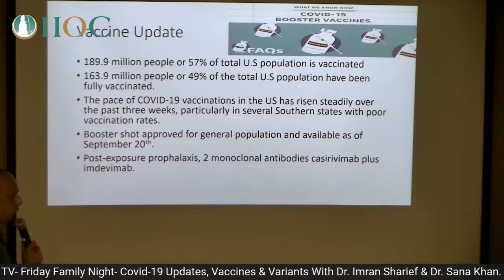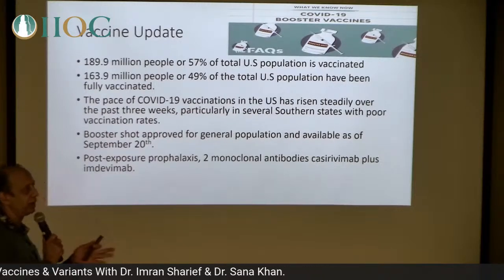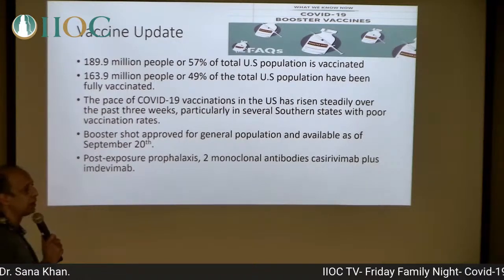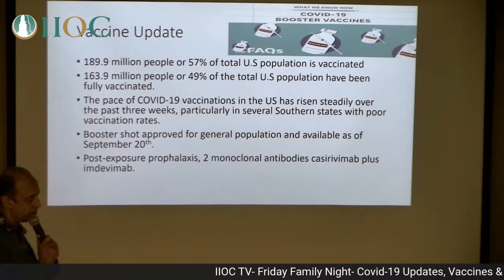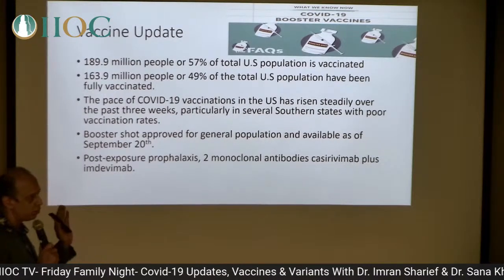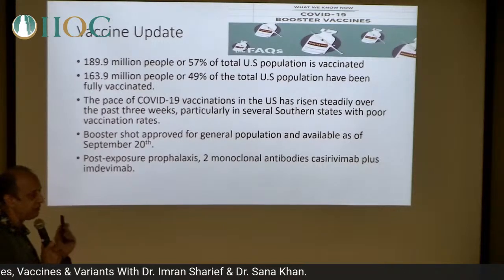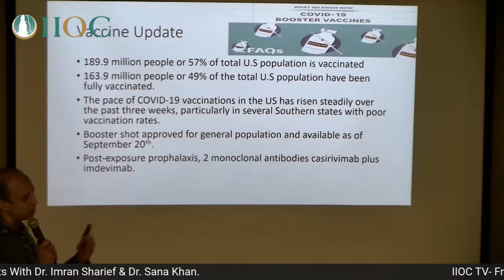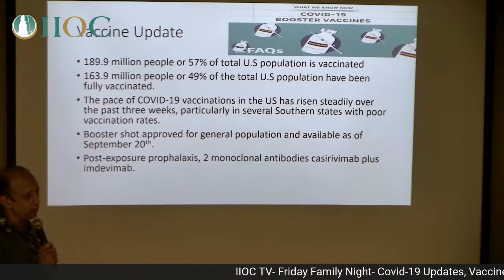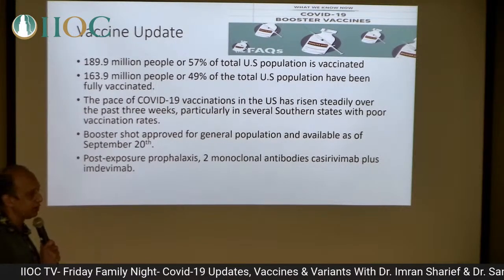And now, after our discussion, as Dr. Sana Khan, remember, we had a discussion with even some Congress representative and other elected official about pushing for booster doses, because what we have seen is that the antibody response or the efficacy of the vaccine is slowly coming down. I think if you receive the vaccine in December, January, or February, efficacy is probably around 65, 66%. So we started with 94, 95%.